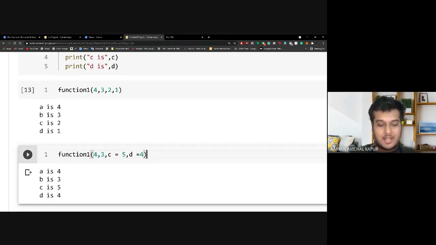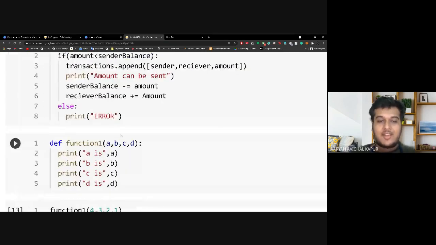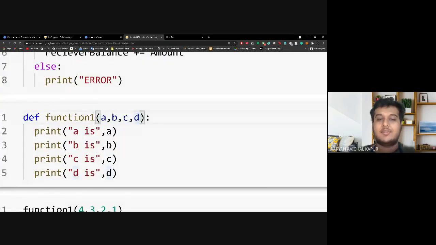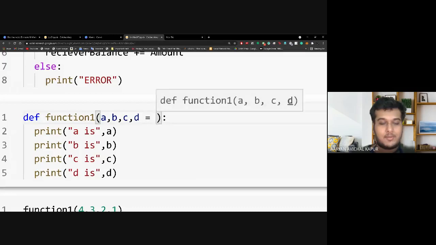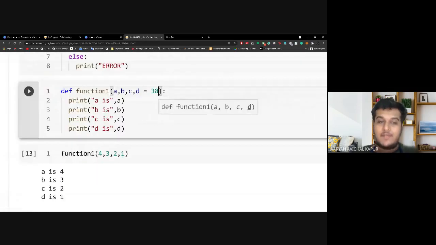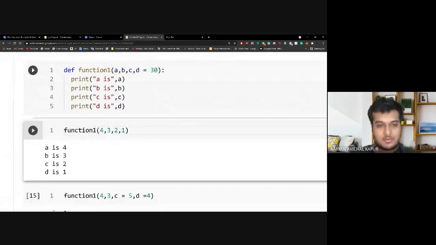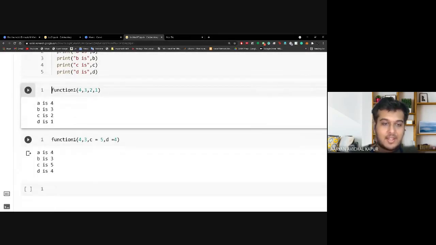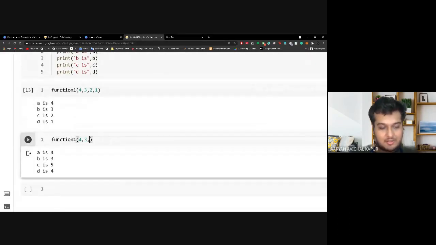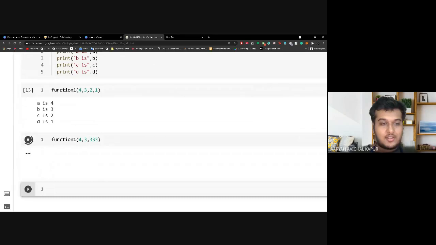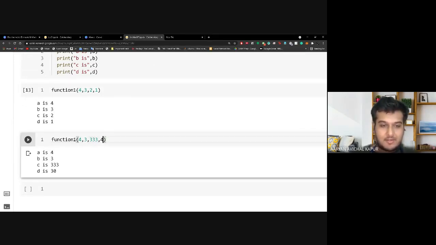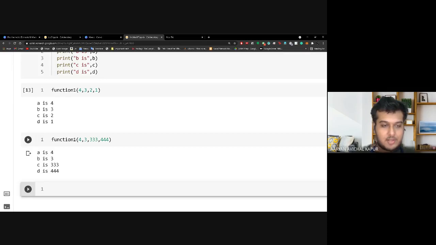Now let us look at default arguments. So let's say in this, variable D is something that I'm not accepting, I simply say D is equal to 30. I have defined it while I'm creating the function. So when I simply send in this request saying 30, 333, this will default D to be 30. But when I pass some other value, you will see that it updates.